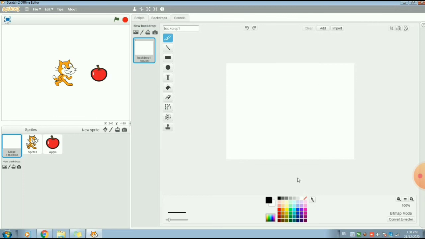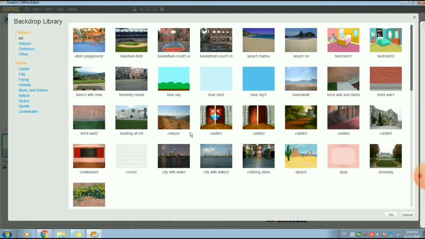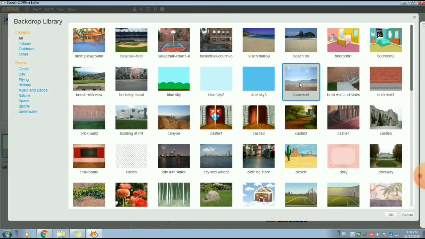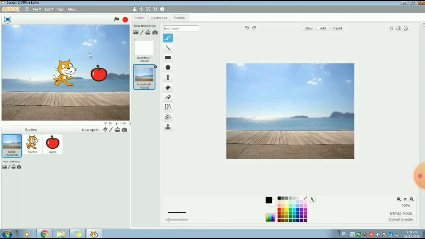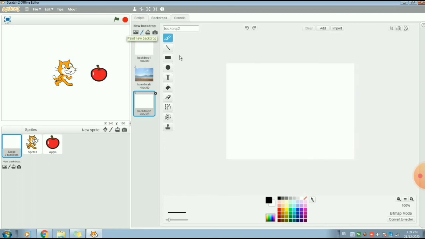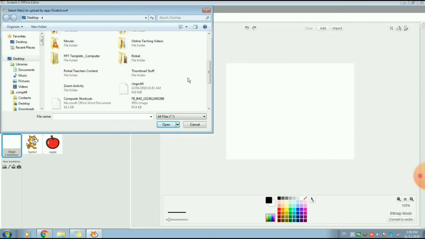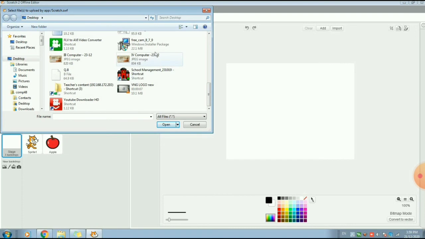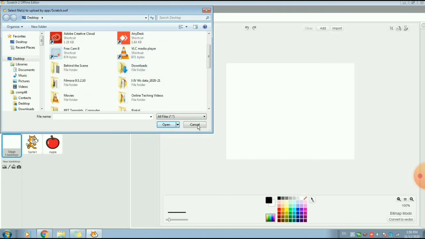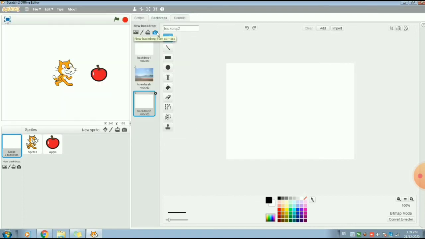Now we have already learned about backdrop in our 5th chapter. We can add backdrop from the Scratch library. Click OK. Yes, this is our new background of this stage. Now we can also paint our backdrop using the 2nd tool, and using the 3rd tool we can add a ready-made backdrop from our computer memory. And the last one is camera. We can take a picture as a backdrop of the stage. So these are the components of Scratch window.